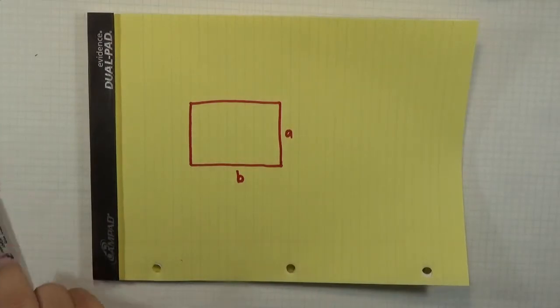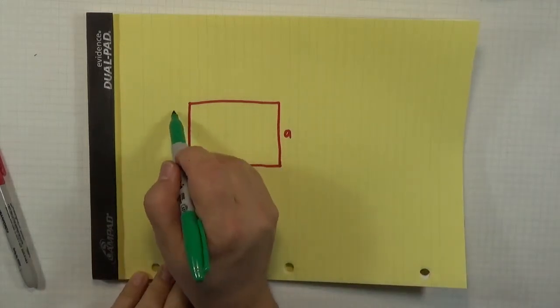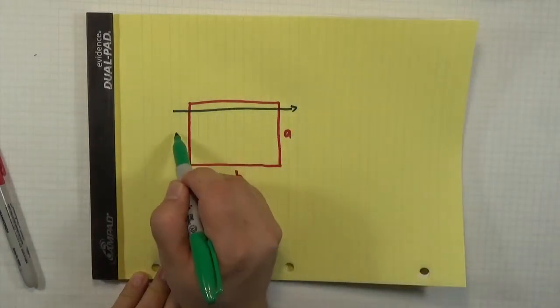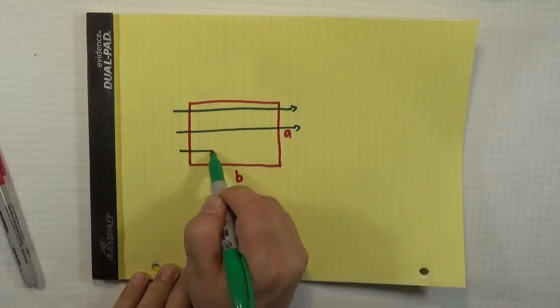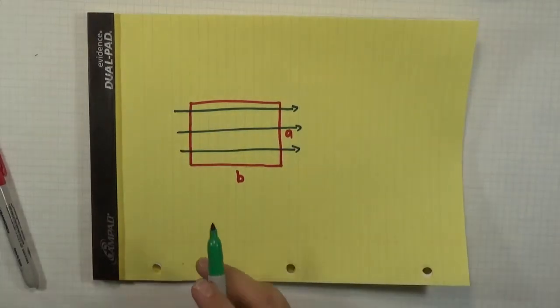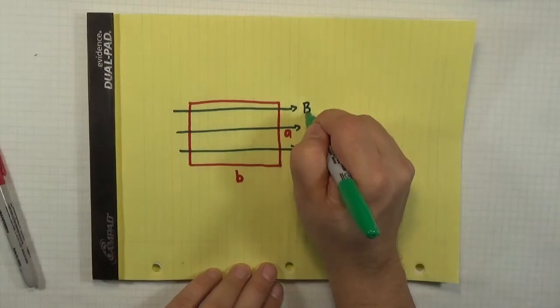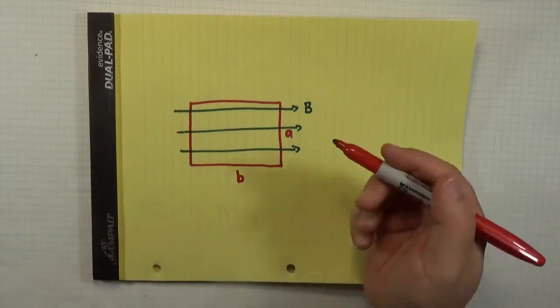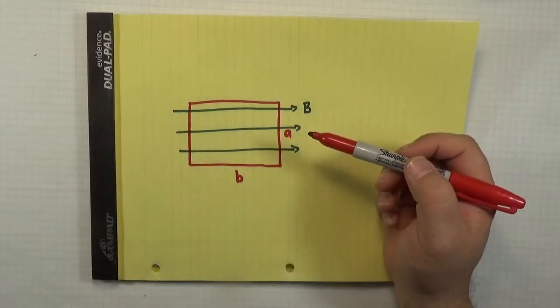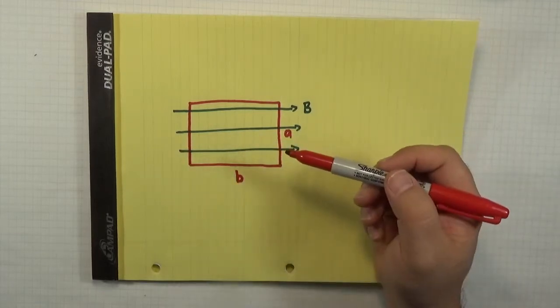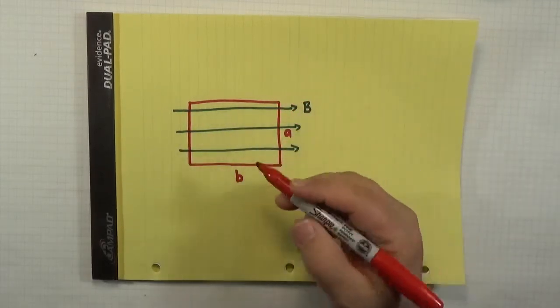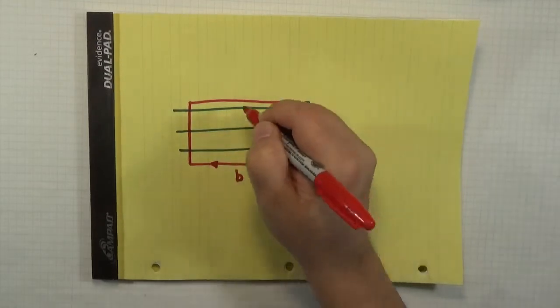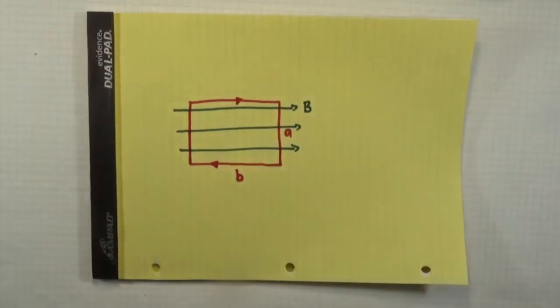and then we want to immerse it in a magnetic field. So I'm going to have a magnetic field that points from the left to the right. Okay, and so this is the magnetic field with magnitude B. Okay, now this is just a wire loop. The way I've drawn this, there's not going to be any forces that this loop feels. But if there's a current flowing around this loop, let's say we have that current flowing clockwise around the loop,